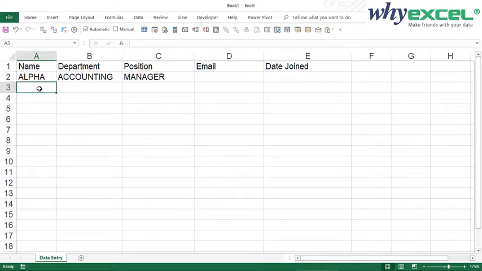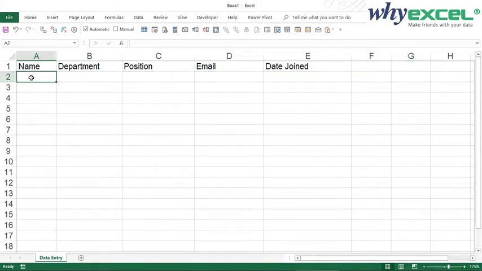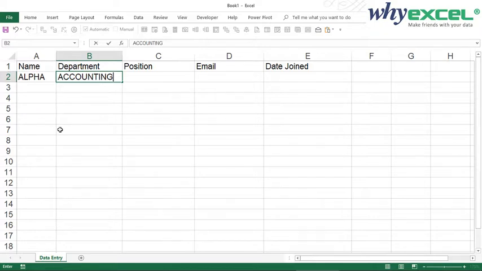Let me explain to you why I'm doing all these things. At first, let me remove the first data. Now start from the beginning. I just click, move my mouse away, and type Alpha. After I key in the first data, I want to move to the next one, so I press the Tab key. The Tab key is on the left side, above the Caps Lock. Press Tab, go to the next column, the department, Accounting, and I press Tab when I'm done, and the position is